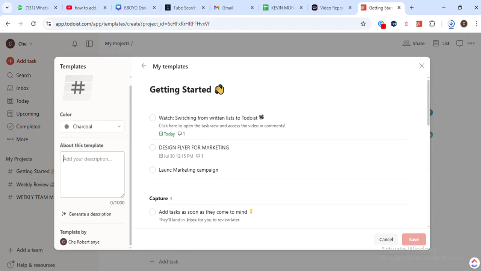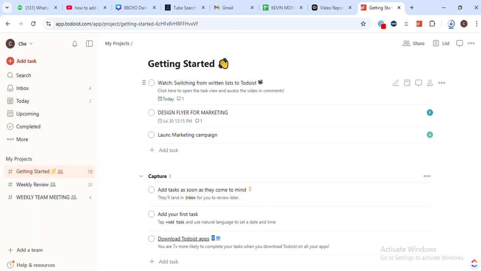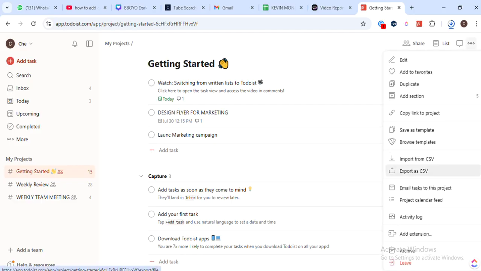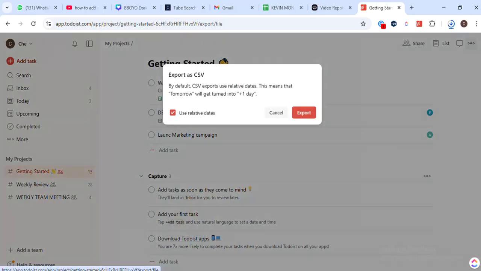Next up, you want to store your template somewhere easily accessible, like in a dedicated folder on your computer or in the cloud. This will make it easy for you to locate and use your template whenever needed. Here's what's happening behind the scenes. Each time you import your template into a new project, Todoist will automatically populate the project with the tasks defined